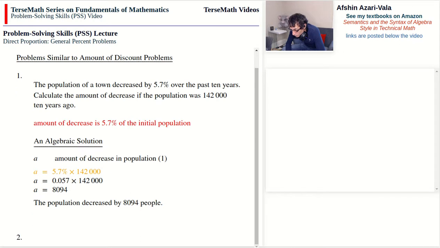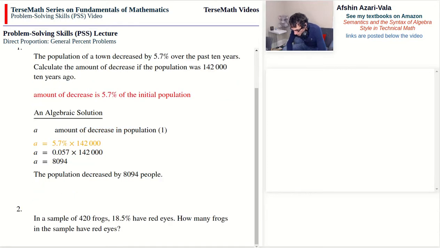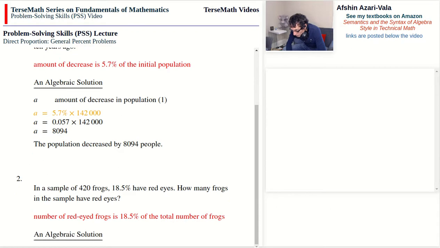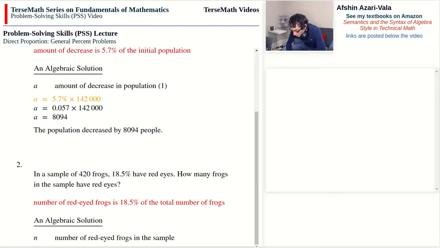Okay, let's move on to problem number 2 now. And this problem says, in a sample of 420 frogs, 18.5% have red eyes. How many frogs in the sample have red eyes? And the key statement that goes with this problem is that the number of red-eyed frogs is 18.5% of the total number of frogs. And for an algebraic solution, now this time I will be using decimals to begin with